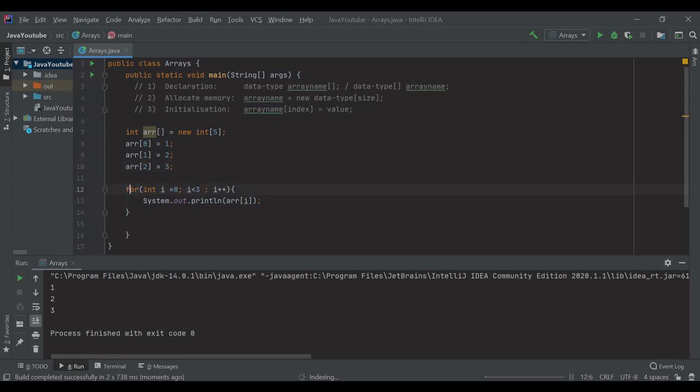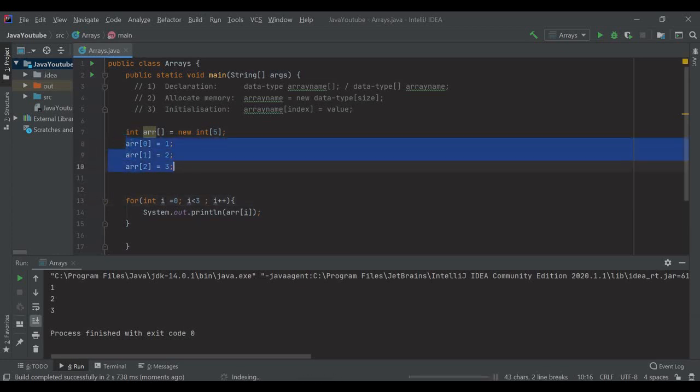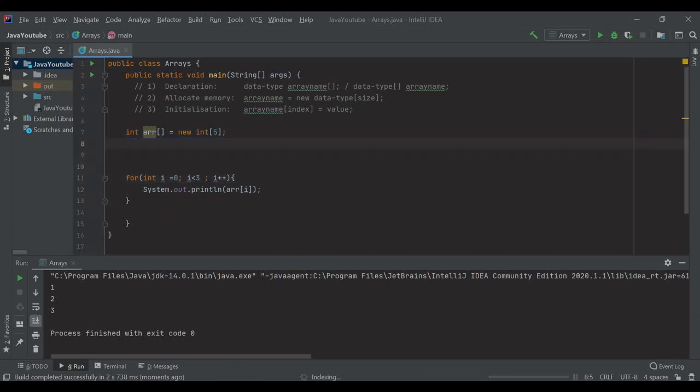Now there's another method to initialize it, directly next to the declaration. You use curly brackets and initialize the values there itself: 1, 2, 3, 4, 5. This is a much better step because you don't have to say array of 1, 2, 3, 4, 5, and so on. If you want to initialize up to 10 values, it's a cumbersome process, so this is much better. Then specify the semicolon, and run.